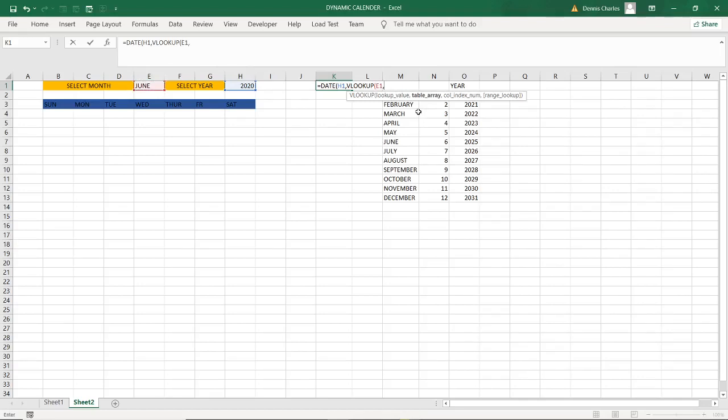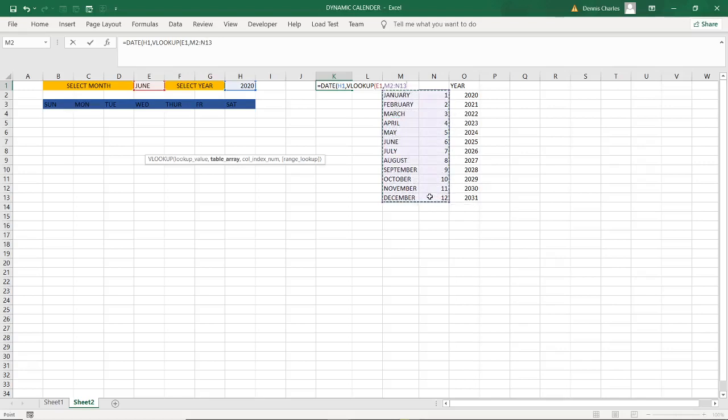That is the lookup value. I'm looking for the month from the table array, and the table array starts from here, so it is considering these two, from there to there.